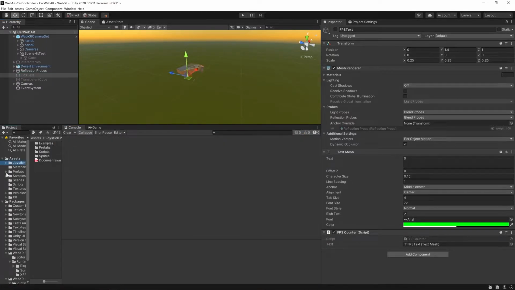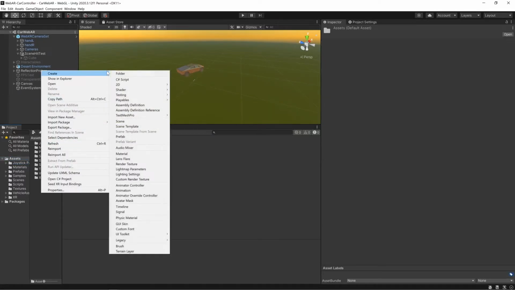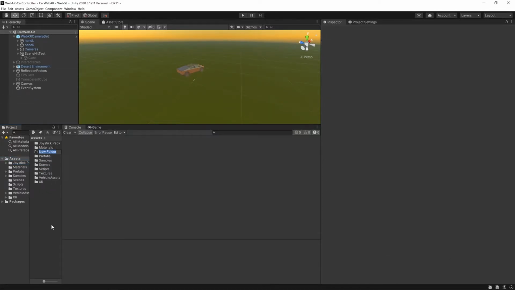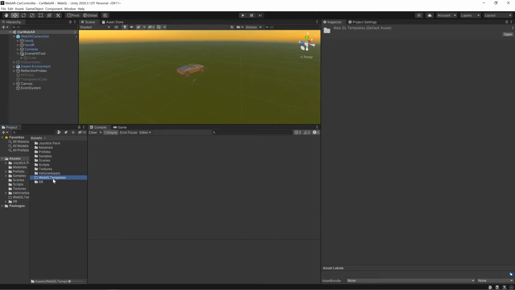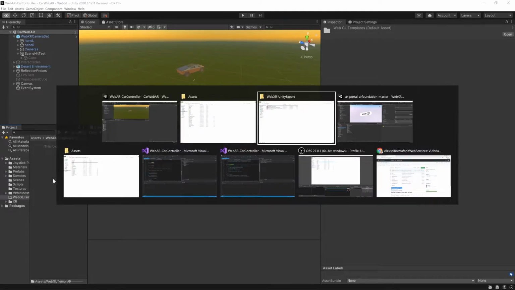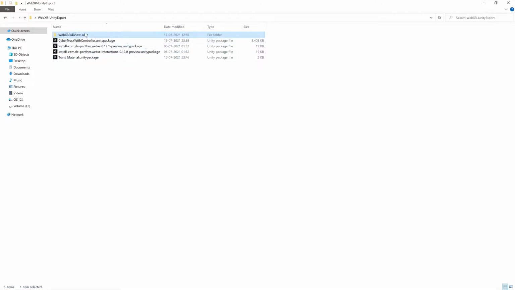Now we will be creating a folder inside our assets. It should be having WebGL templates, right? That is very important for a WebGL application. I have already created a sample WebGL template for this application for the All in Reality sample. You can get that as well from our GitHub project, right? So I've just added this here.